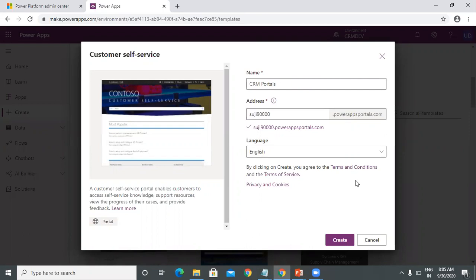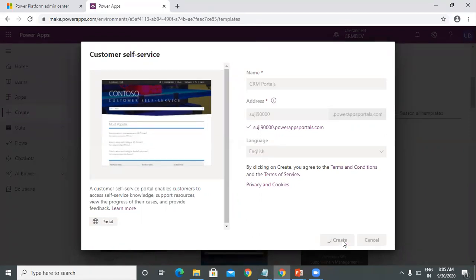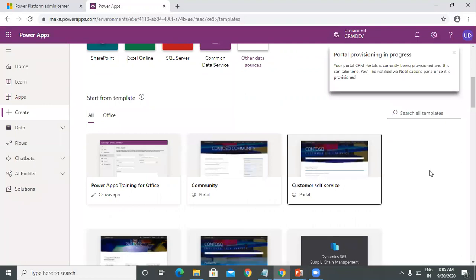Once it is available, we can click on create. It will take some time to set up the portal for us, maybe 10 to 15 minutes, or a maximum of 2 hours.